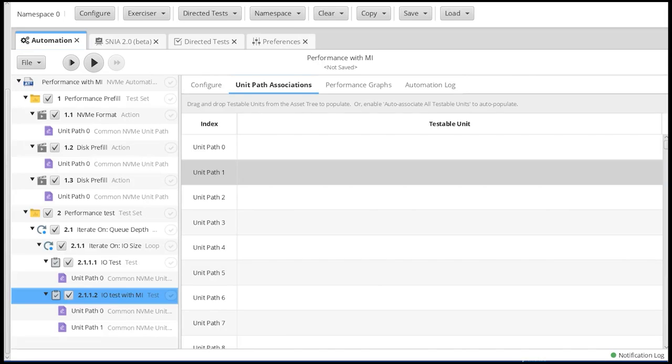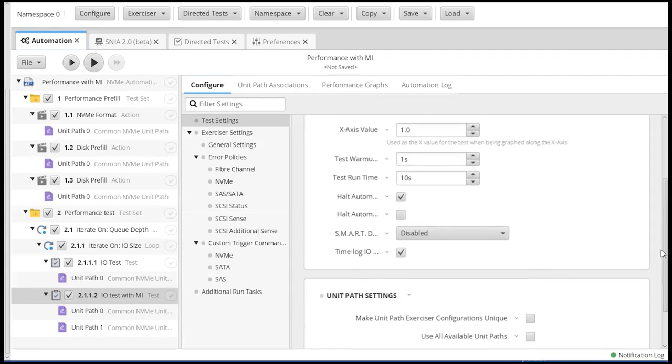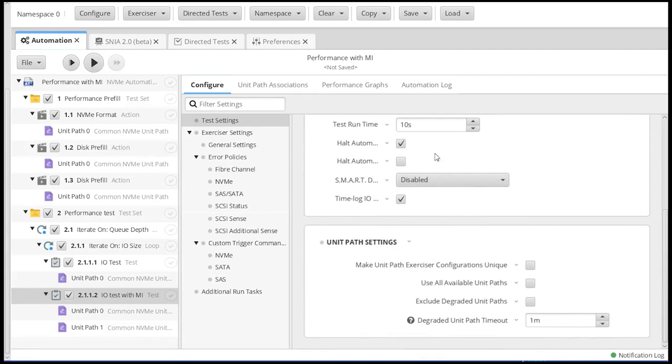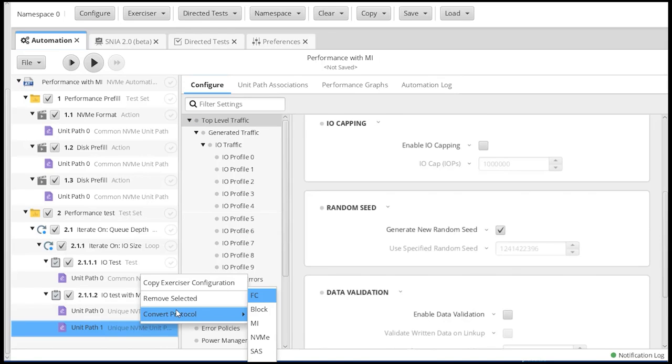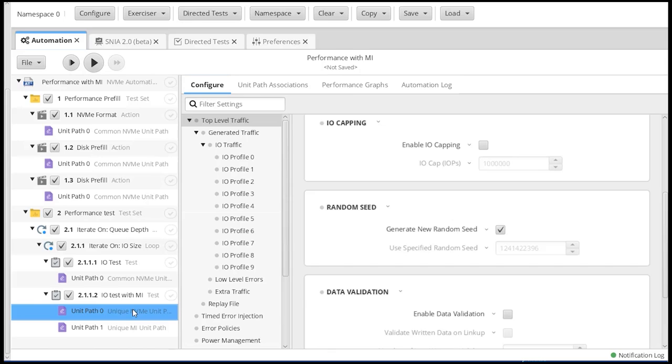When I do this, one of the things I want to do is come back here, and again I want to collect SMART data after each iteration. And I want to say I need to make unit path exerciser configurations unique. The reason I'm going to do that is I'm going to come in here and convert the protocol to MI. So now this will be an MI protocol, and this one will be an NVMe protocol.